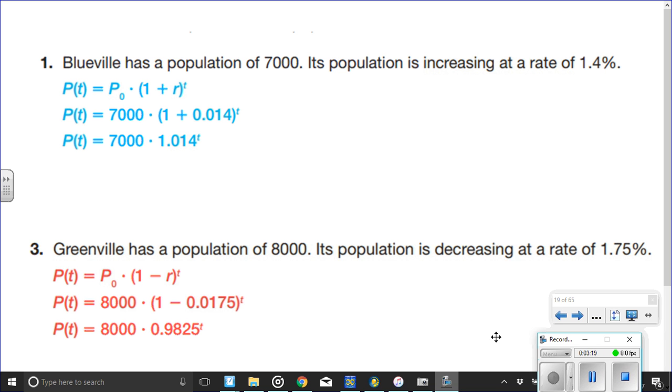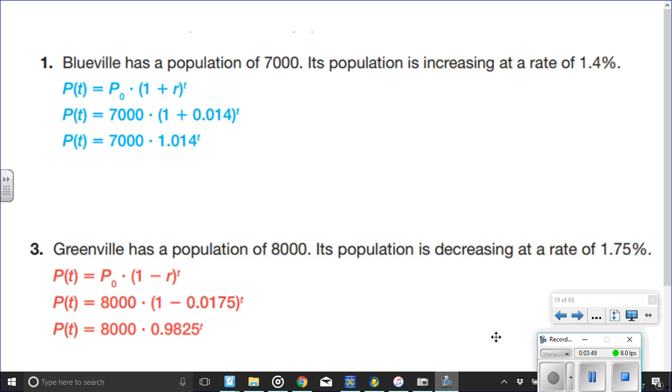Okay. Now, in this example, we're dealing with the compound interest formula, but we're working with population. So the formula is the same. And in this particular example, we don't have the time. We want to create a function where we could plug in how many years has passed and then figure out the estimated population. Okay. So Blueville has a population of 7,000, and its population is increasing at a rate